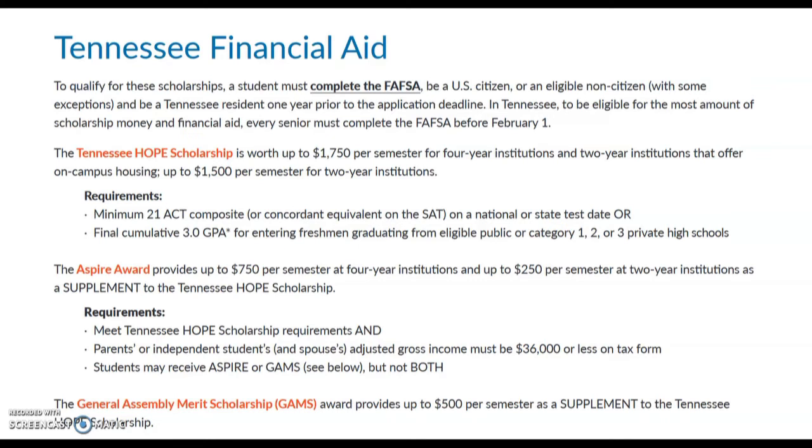The first one, the Tennessee Hope Scholarship. This is $3,500 per year if you're attending a 4-year college. It is $3,000 per year if you're attending a 2-year college, like a community college such as Roane State. The requirements: you must have a 21 composite on your ACT, or, and that's a very big or, a 3.0